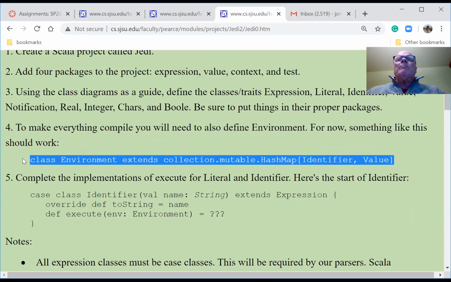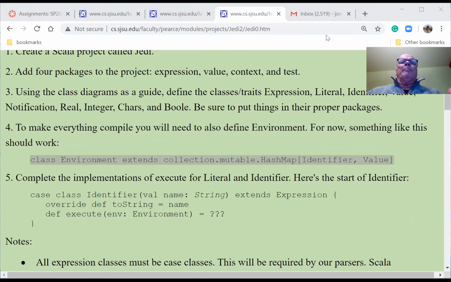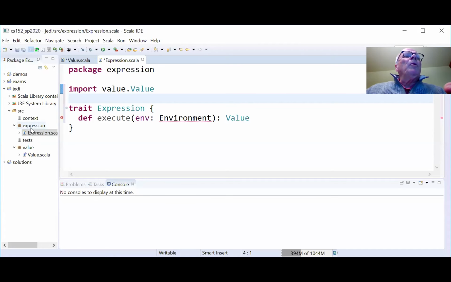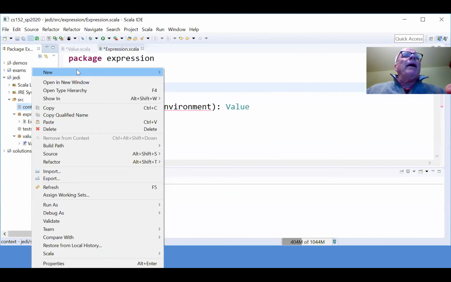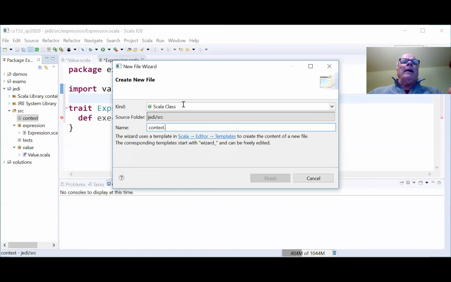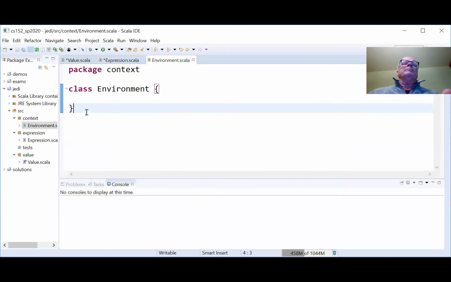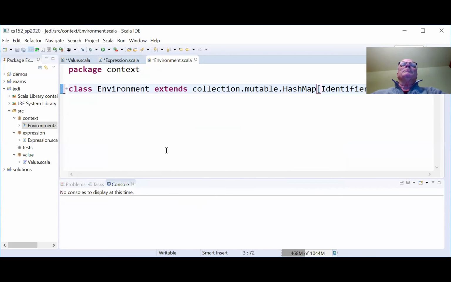So I'm going to, that's in the context package, new Scala class environment. Okay, so what is an environment? So we're going to change this. We're going to make this a little more detailed a little bit later on.